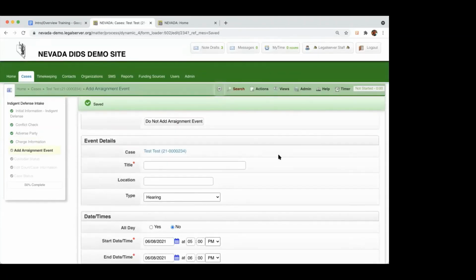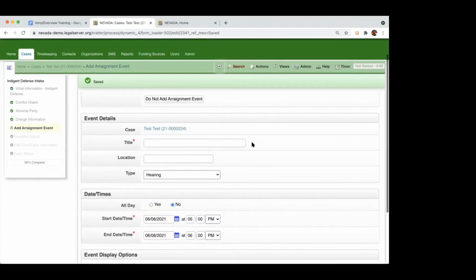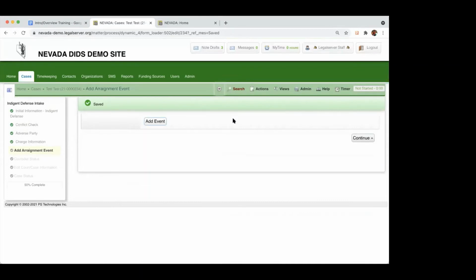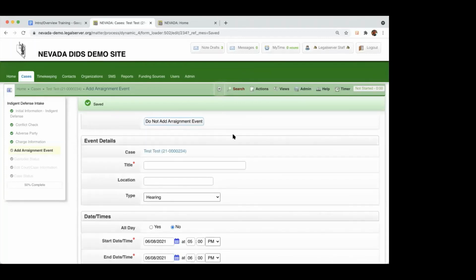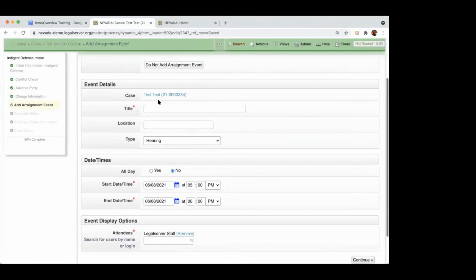The next step is going to allow me to add an arraignment event. It is optional, so it does show on the screen by default, the entry, but I can click this button that says do not add arraignment event, and then I don't have to add it. So if there are certain case types where you would just not need to enter that information, or maybe you just don't have the arraignment date at this point, again, you can kind of skip it just by hitting that button. But if you do know the arraignment date, you are going to be able to enter that here